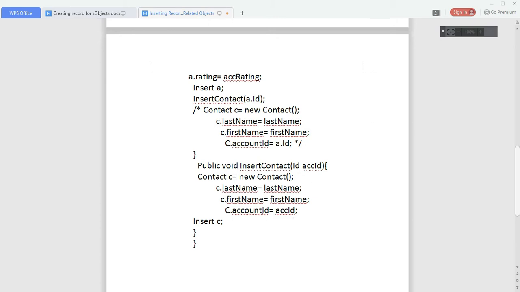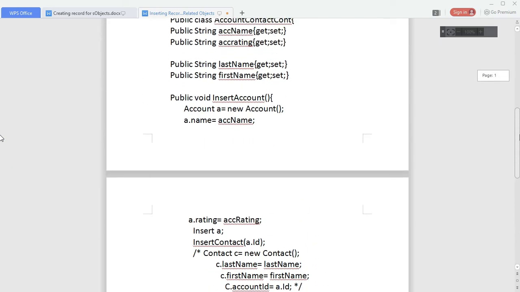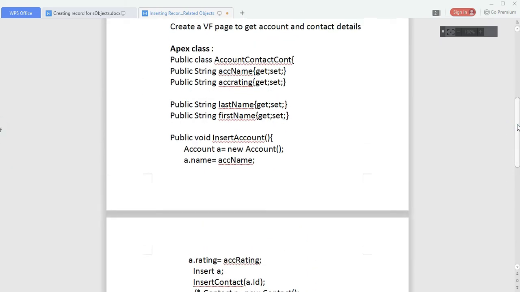Here we'll take the ID of the account as the relationship field in the contact, and we'll insert the contact and account using this Apex class. Let's create the Apex class now and copy paste this.